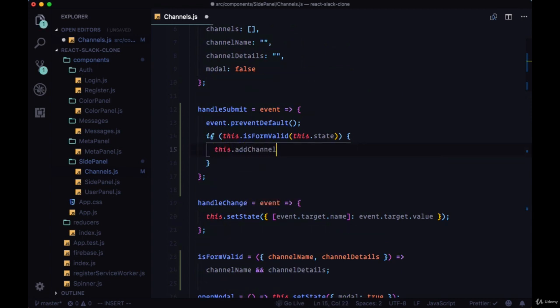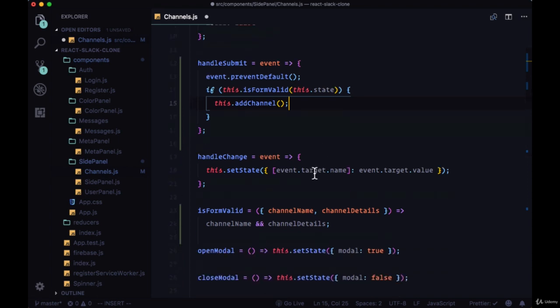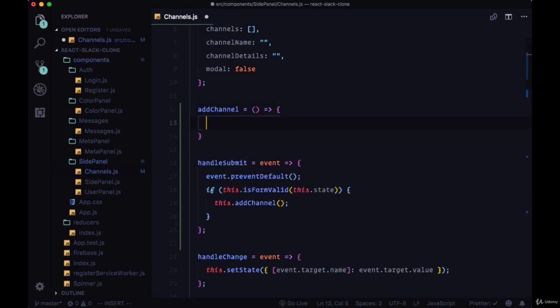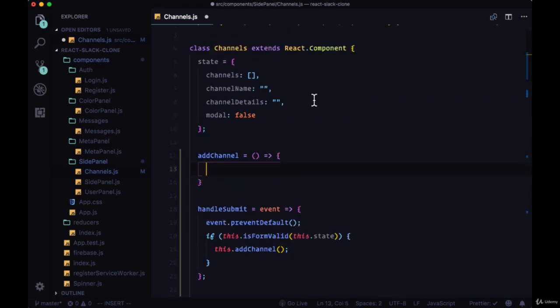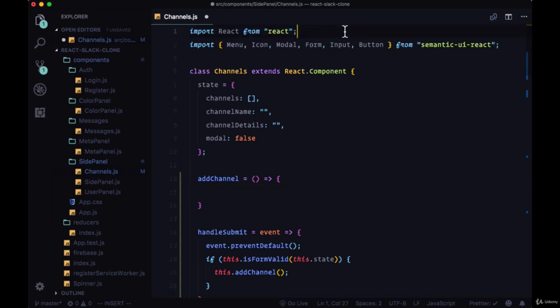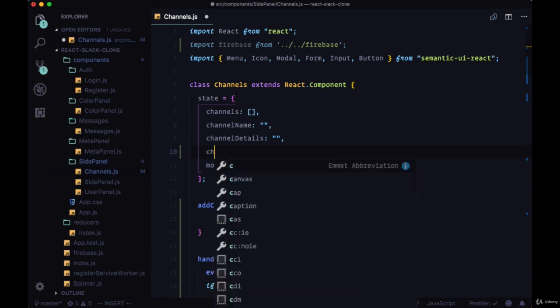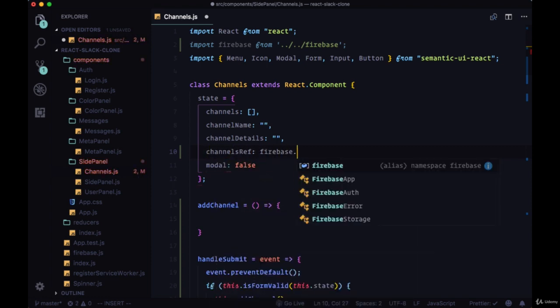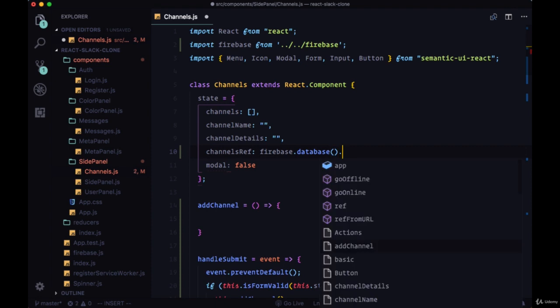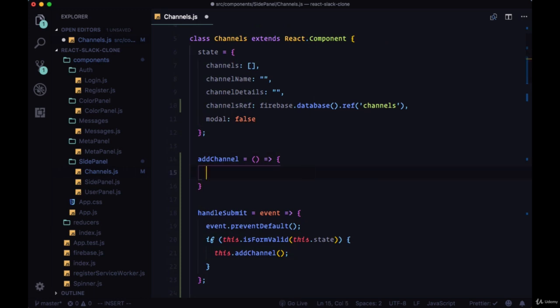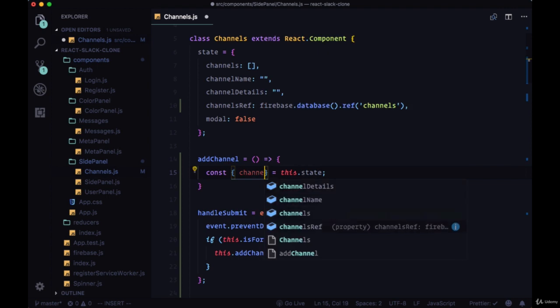Now we'll replace the log with the function add channel. So we'll create our add channel function, and within add channel we'll be reaching out to Firebase to create a new channel within the channels collection. So we'll import Firebase from 2 levels up, and we'll create a channels ref in our state object. So once again, it'll be the database module, and we'll create a ref called channels. Within add channel, we'll destructure the channels ref from state,